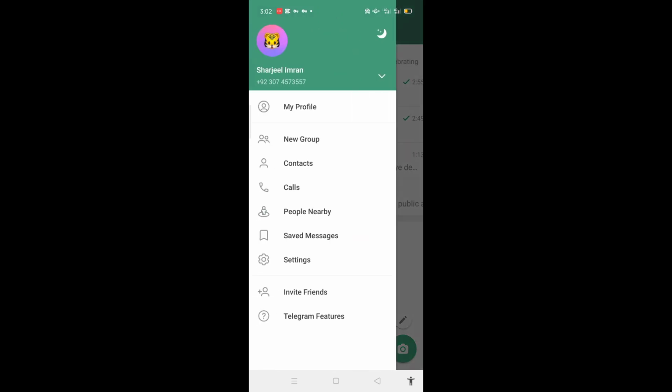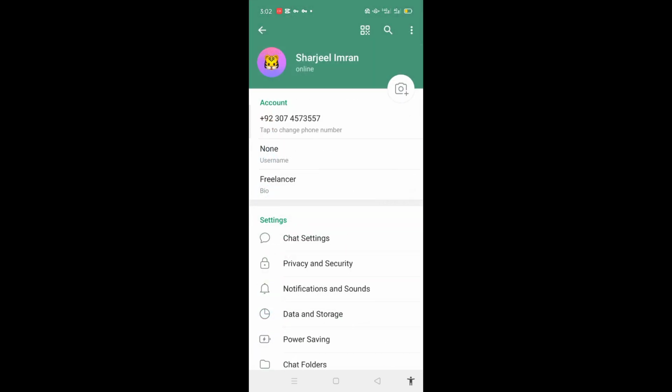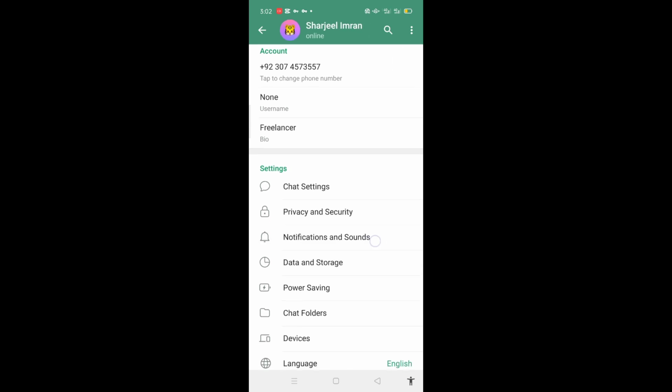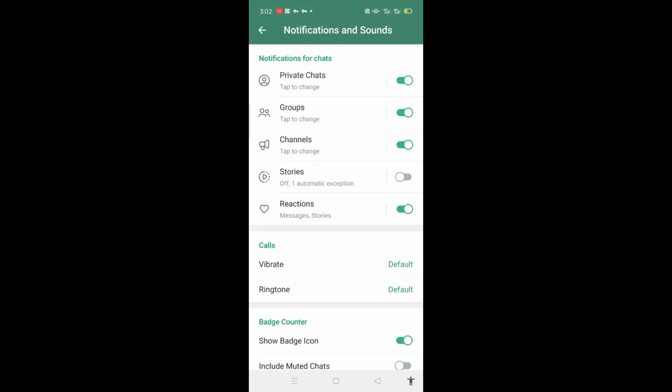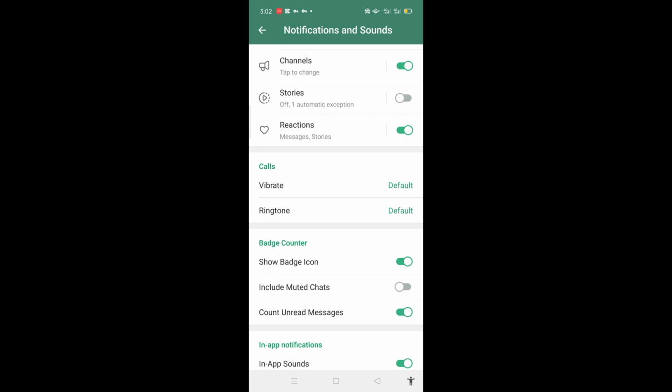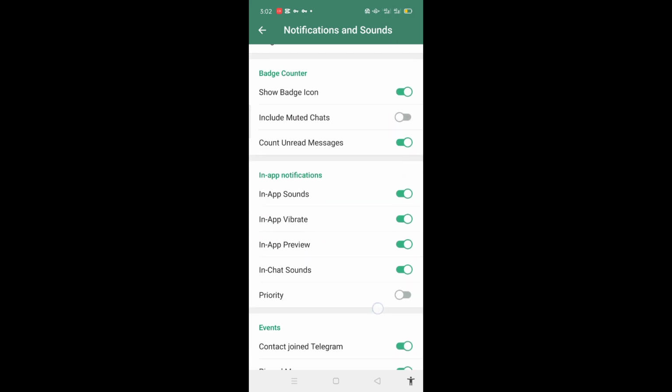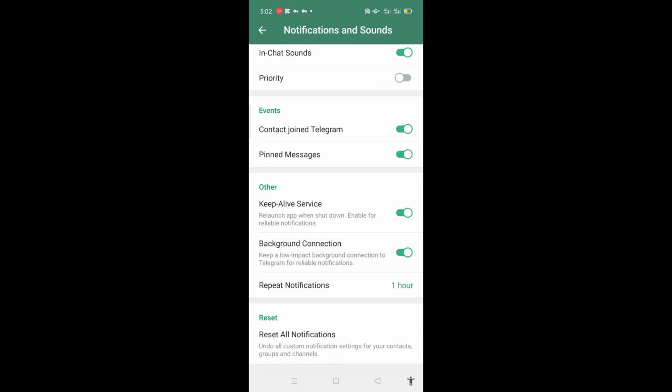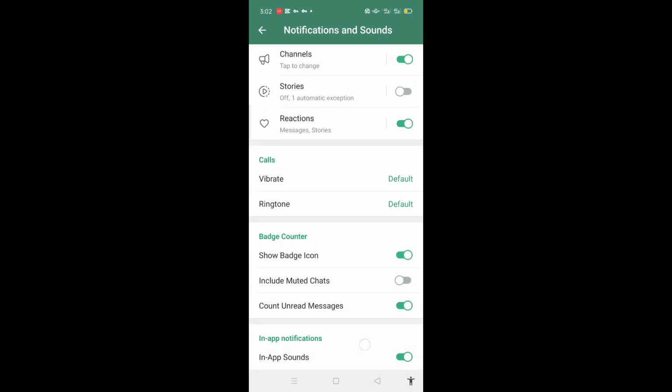So there is the main settings. So you have to click to the settings and you have to scroll down. There is notification and sounds. So you have to click simply just notifications and sounds. So there you can see the caller section, you have to click to the caller section